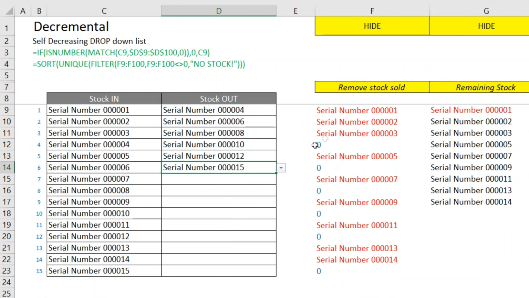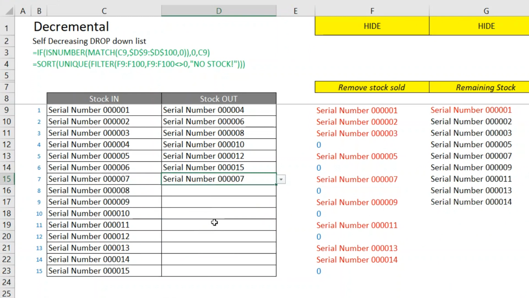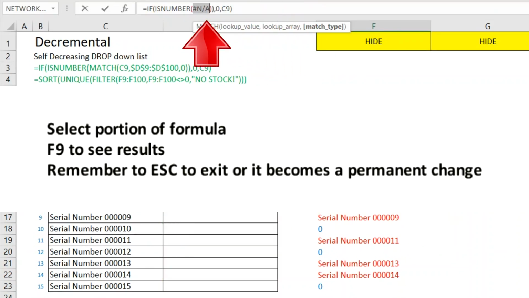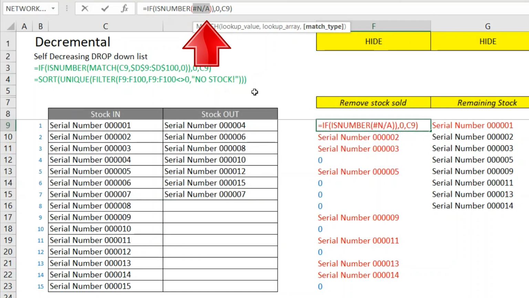We're using a formula to remove the stock from a list, and then a very simple sort and filter and get rid of all zeros to create the drop down over here. So this is great to stop people duplicating or issuing stock that is no longer available. We're using a formula opposite, which is literally saying match F9. We'll start with the match function, which says no data found, meaning that it did not find serial number 1